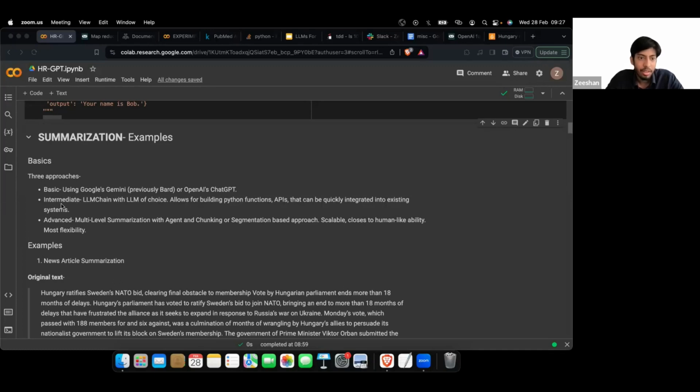Then we can have sort of intermediate level stuff. Here we will make an LLM chain using LangChain and an LLM of our choice. So technically, these two are not too different from the actual summarization standpoint, but this LLM chain is much more versatile from a practical functionality point of view, because this is built in Python, and once the Python interface is there, we can outsource this service.